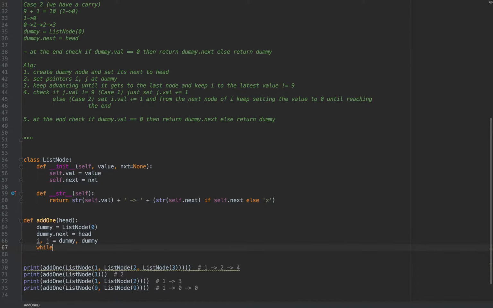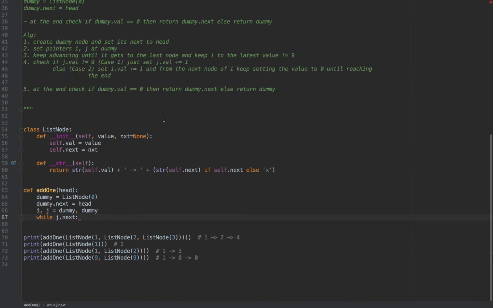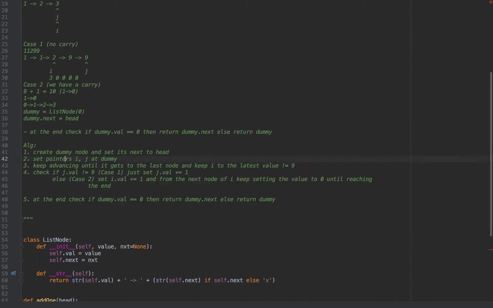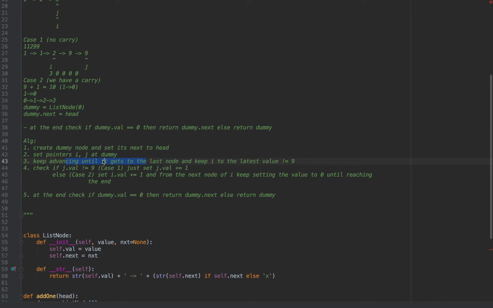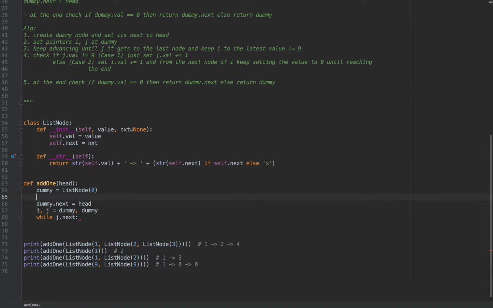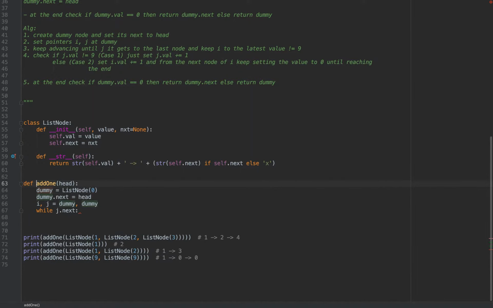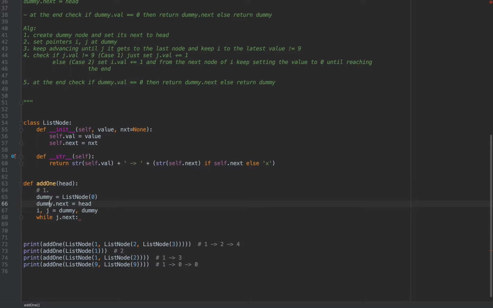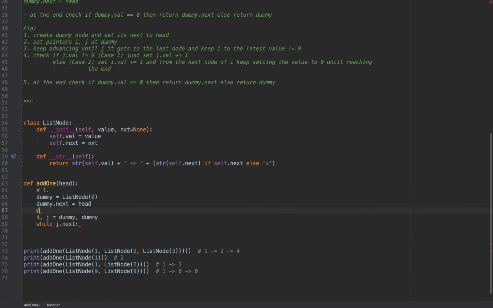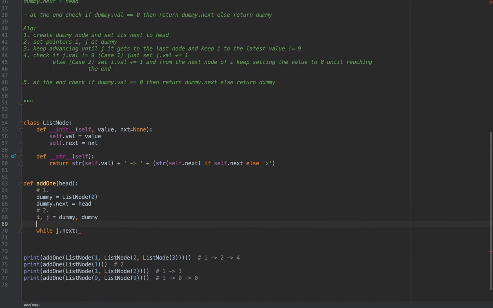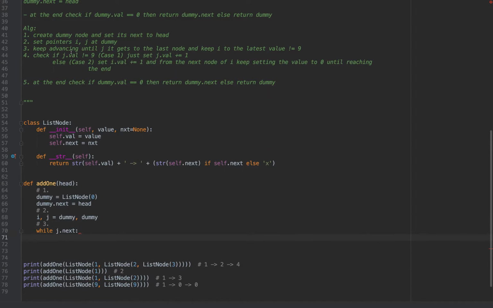And then after that we will do while j.next, so while we haven't reached the end yet. This time here we are doing keep advancing j until we get... So this was step 1, this one was step 2, and now we are going to do step 3. And so while j, keep advancing until j gets to the last node, and keep i at the latest value different than